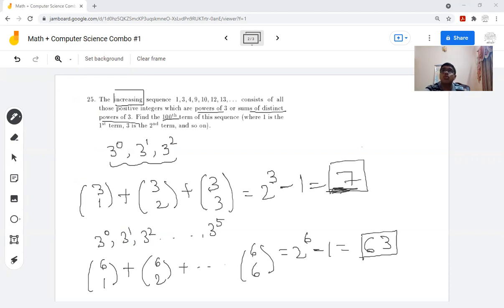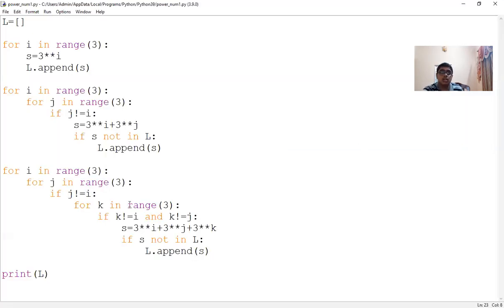exceptions. And moreover, if you see the code here, you would notice that, let us say you want to go up till 7 or 8, then how many times you need to put the condition j not equal to i, k not equal to i, and k not equal to j, then you take a new variable m that has to be not equal to i, j, and k. How many times can you write the same thing? So that's the reason. There are many reasons why this code doesn't work.